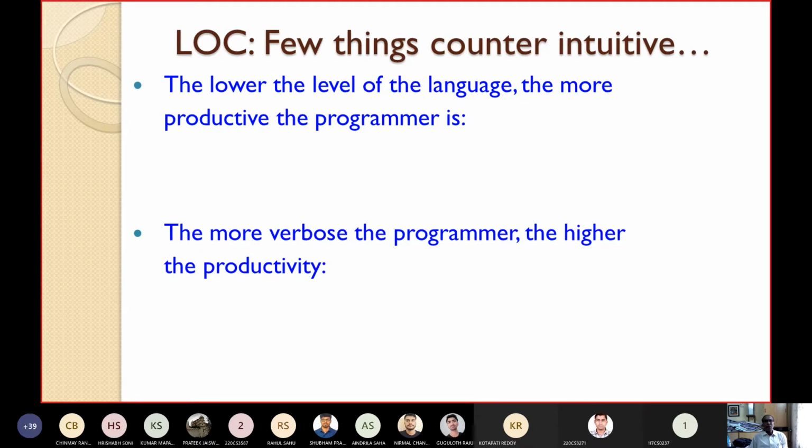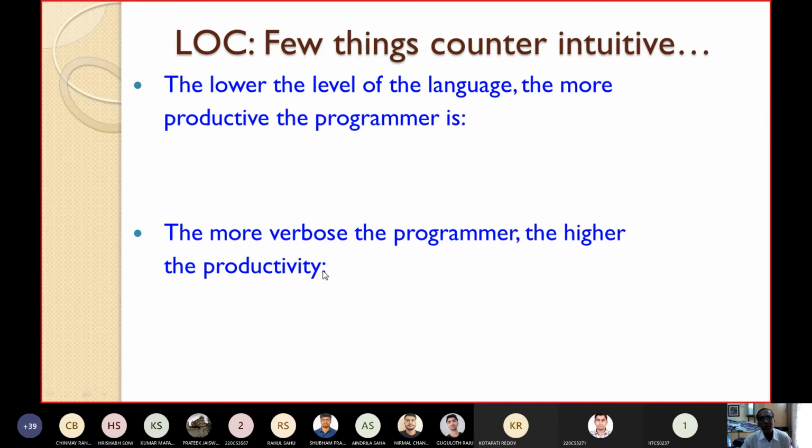But if you consider LOC, what is the problem? The lower the level of the language, the more productive the programmer is, isn't it? Because for the same thing in C or C++ which can be written in 2 lines, in assembly language you have to write 10 lines. So the meaning of LOC is that the lower the level of language, the more productive the programmer is.